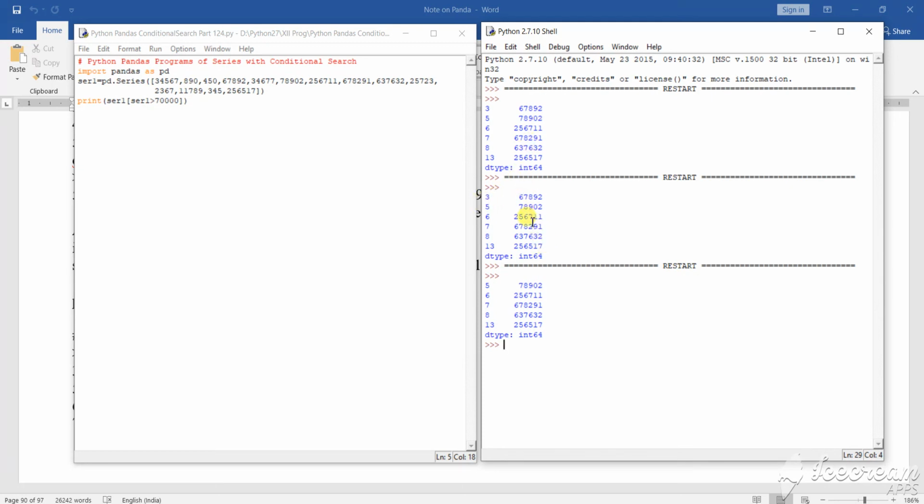So this one and this one are the same, because the previous one was 50,000 and the next one was 60,000. Then it was 67,000, so it came afterward; at 70,000 it has removed some values. This is how you can execute and work with the program. I think this condition is clear to you, based on which we get the three outputs.